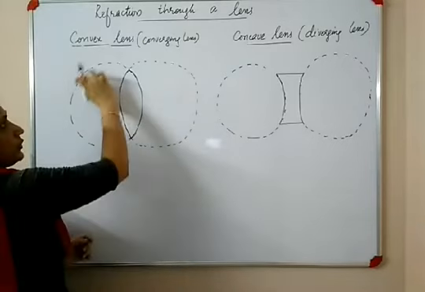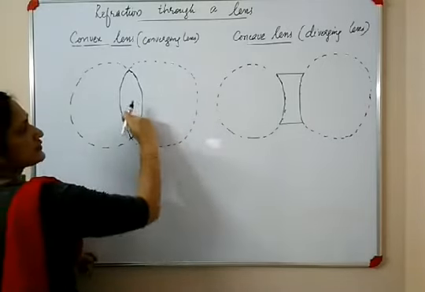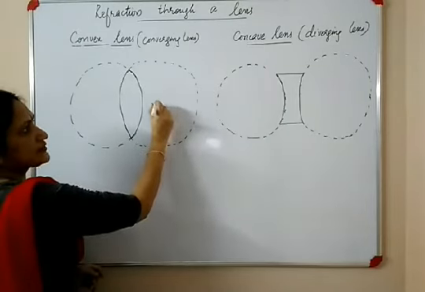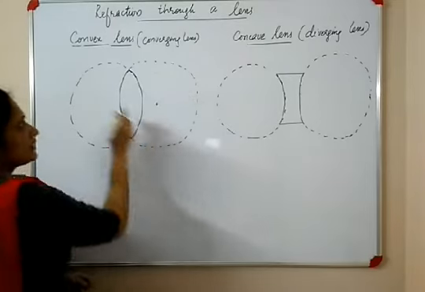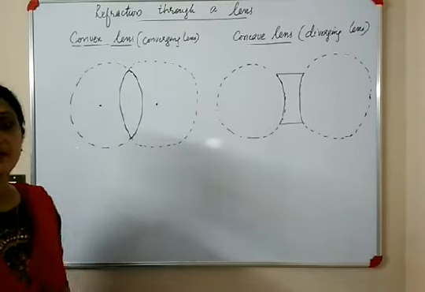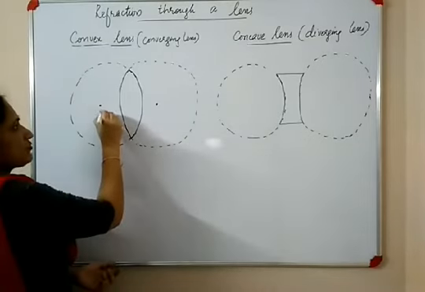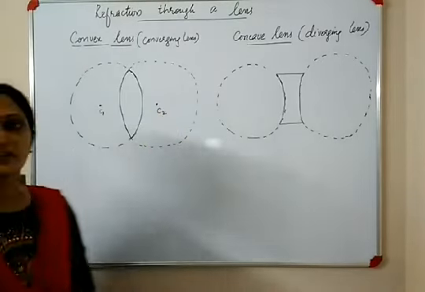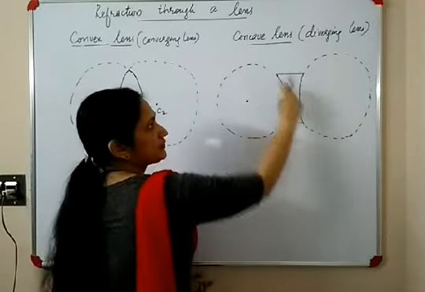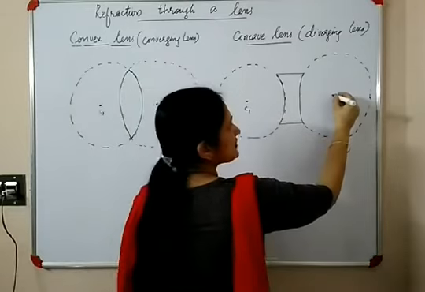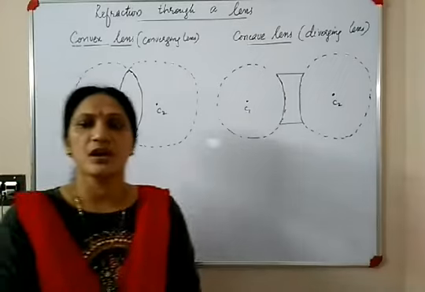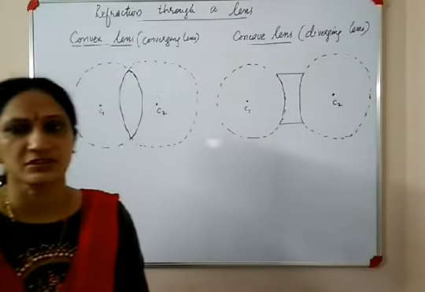For example, look at the first surface. This first surface is part of one sphere, and this is the center of that sphere. Similarly, this sphere has its center. These centers we call centers of curvature. C1, C2, usually these are the symbols we use. Similarly, here also, this is the center of the first sphere, C1, and here is the center of the second sphere, C2. So C1 and C2 are called centers of curvature.